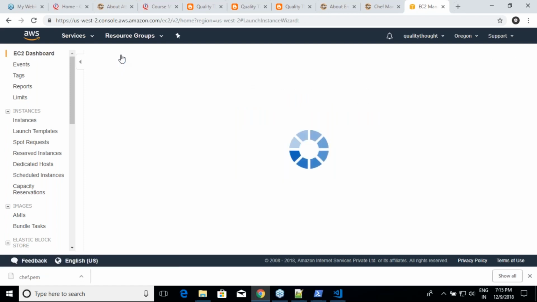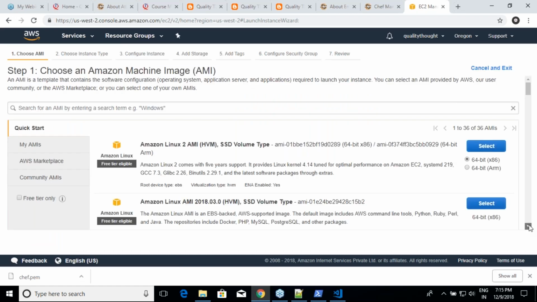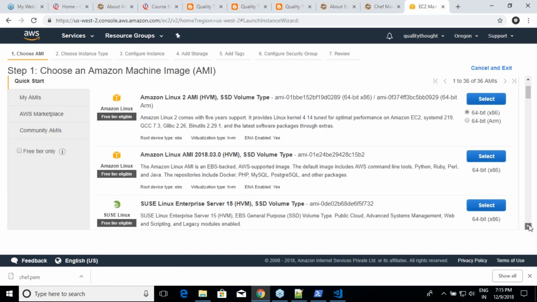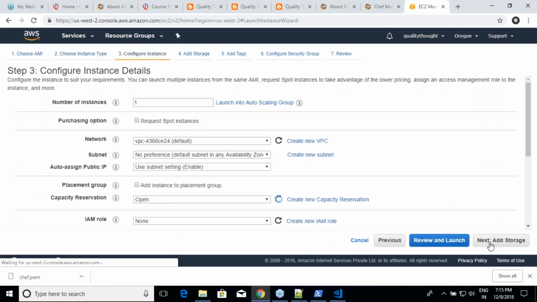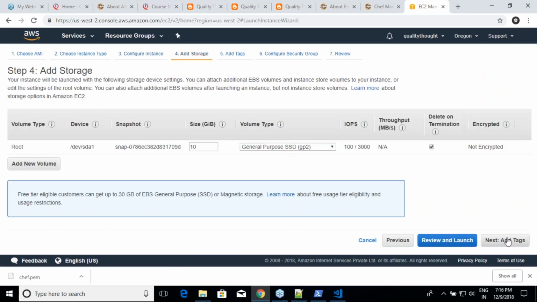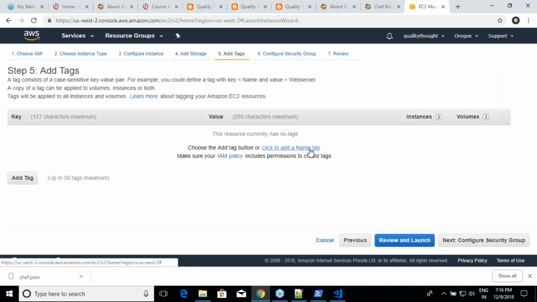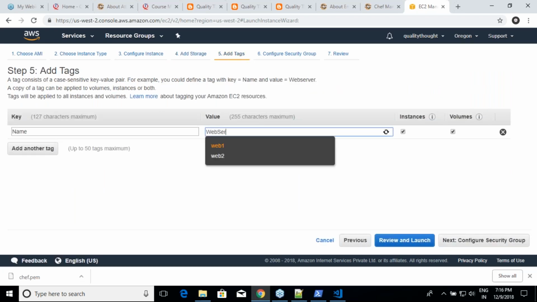Launch instance, Red Hat, and let me choose 2 machines. If you want, you can use CentOS 7, whatever flavors which you want. Next, and I'll be calling them as web servers, just for my reference.